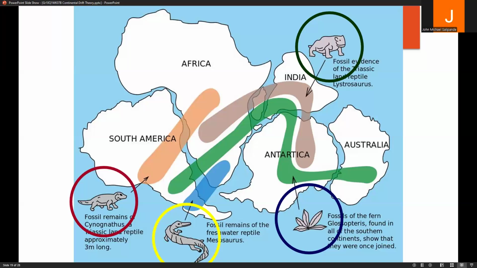So what did the fossil distribution tell us about the location of these continents? Let's say, for example, Cynognathus. If we have dinosaurs today, and knowing that South America and Africa are now disconnected from each other, it would have been impossible for that dinosaur to move from one continent to another. So that indicates that South America and Africa, when it comes to where Cynognathus remains were found, were believed to have been conjoined, connected together before. And the same is also true for the other three continents.